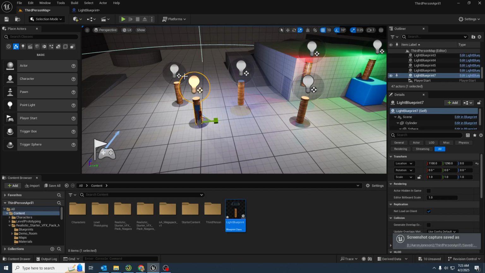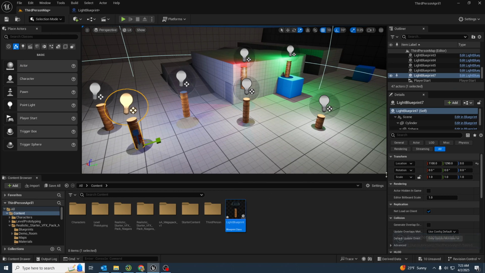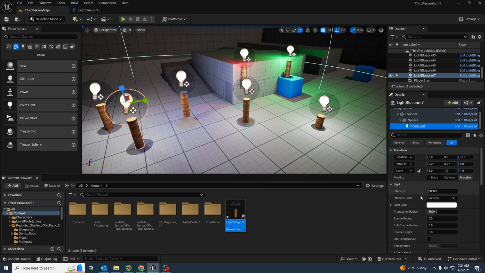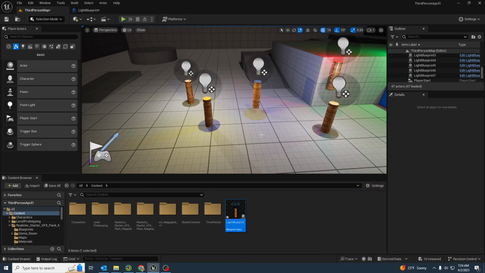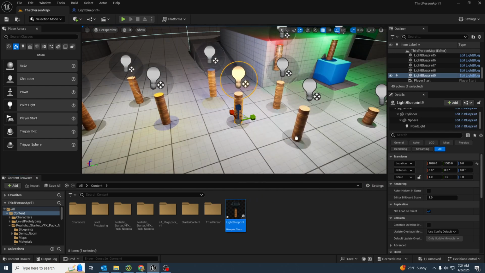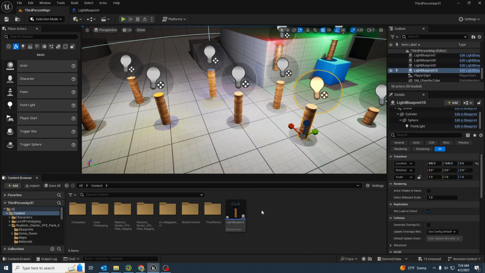Alrighty folks, in the previous video we made a bunch of lights in a blueprint and we found out that we could change individual properties. We could change the colors of the point lights individually, and we can recycle them. The video also had a little tangent or a detour into changing the center point and talked about parenting and stuff. I don't really want to talk about that in this video, so long story short, if you right click